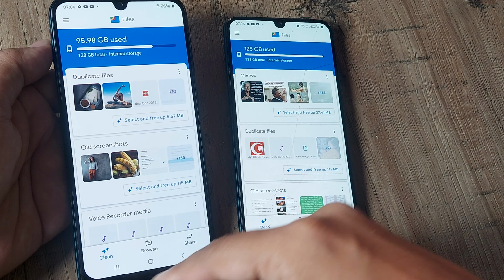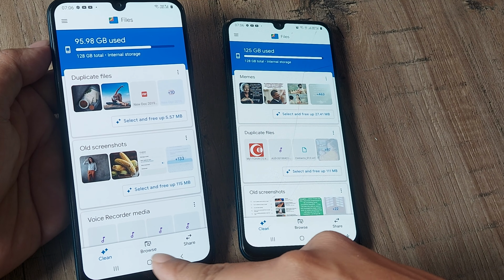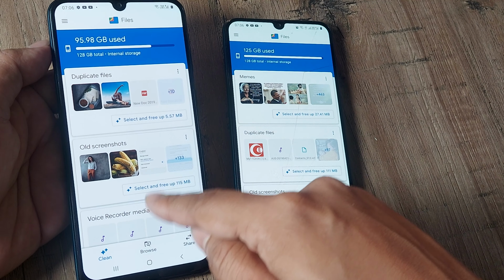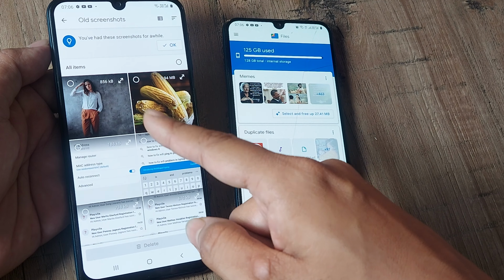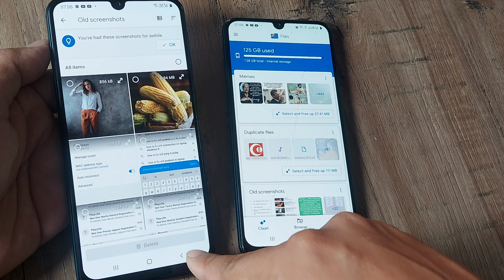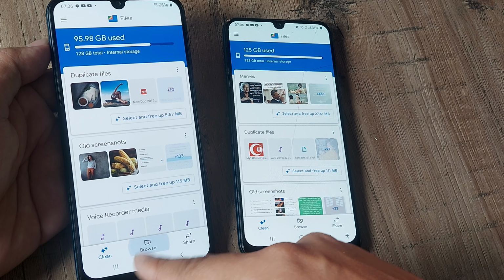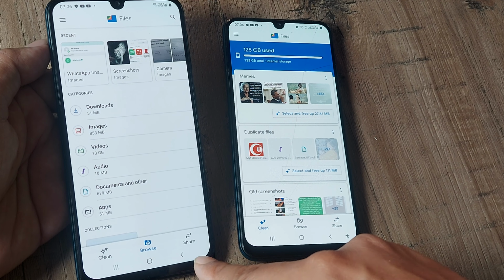And if you see the Files application by its native virtue, it will have three options: clean, browse and share. So clean helps you clean, so you can check files, you can select, and in case you agree with their suggestions, you can select all of them and go ahead and click on the delete button. It helps you do that. Browse, like the name says, helps you browse and search different files under different headings and categories.